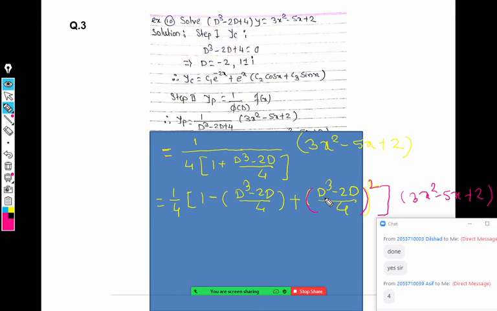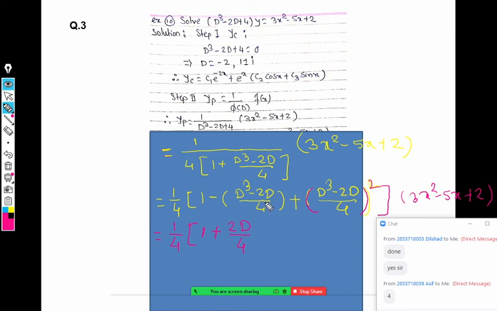Now the next part, even though it looks very complicated, is not that complicated. What we have to do is write only those terms whose derivative exists. We know the bracket is of degree 2, so we are going to write only those terms which we require, which are non-zero. If the term is vanishing, we are not interested in it. The second term is minus d cube by 4. Is it required? No, sir, it will be 0. Yes, very good. The third derivative of the bracket is 0, so no need. The next term I can write as plus 2d by 4 only.